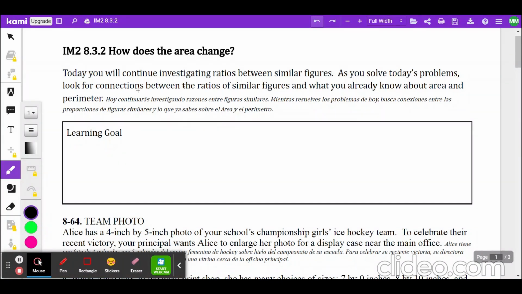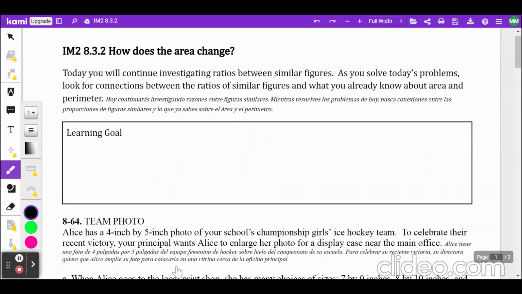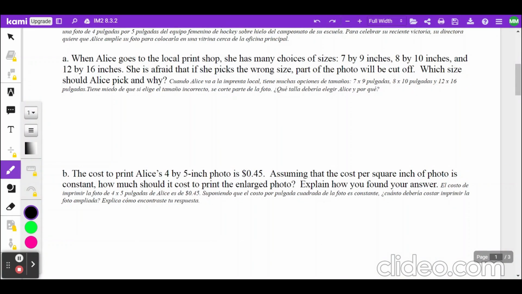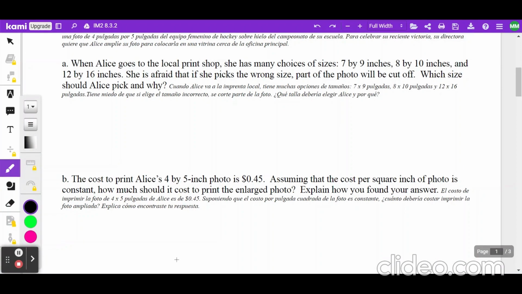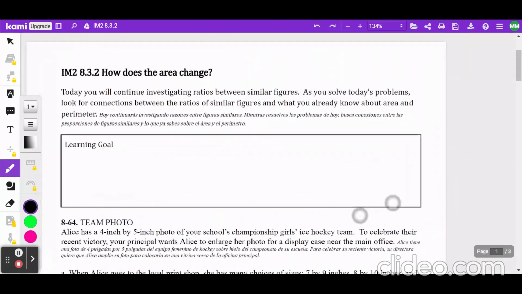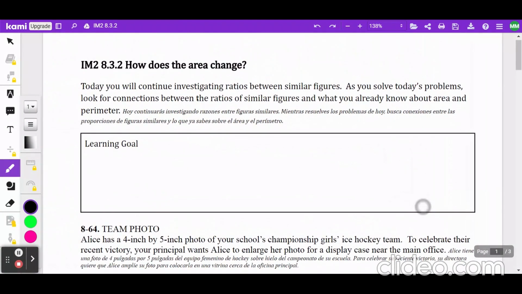How does the area change? Today we're going to continue investigating ratios between similar figures. As we solve today's problems, we're going to look for connections between the ratios of similar figures and what we already know about area and perimeter. We have just one learning goal. It's that you will be able to